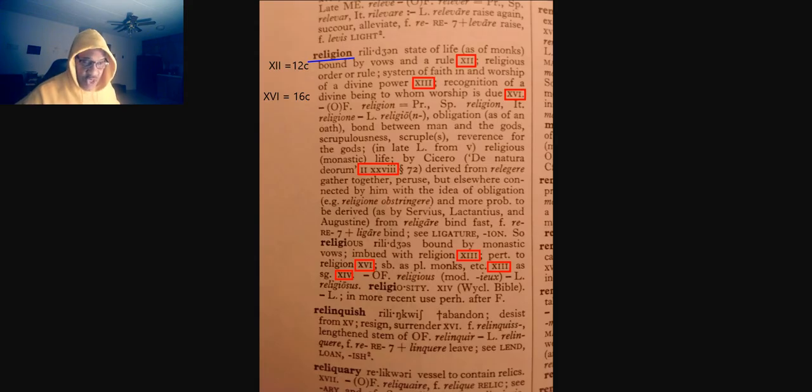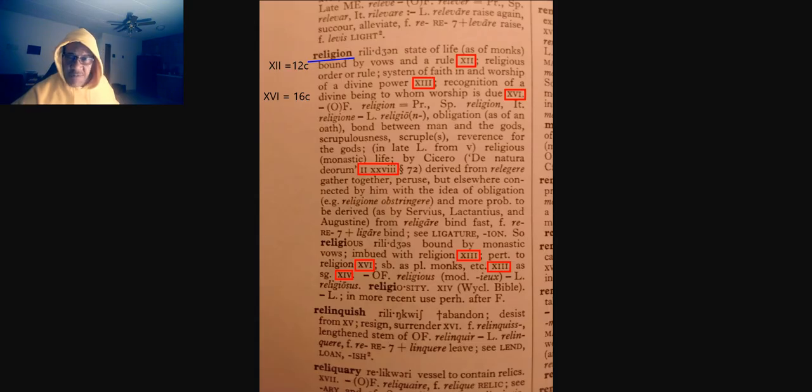Because again, this word religion, right? What happened? Did I do something wrong? Yeah, okay. Yeah, so again, this word religion,